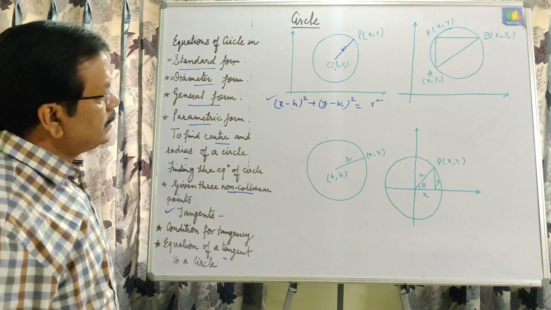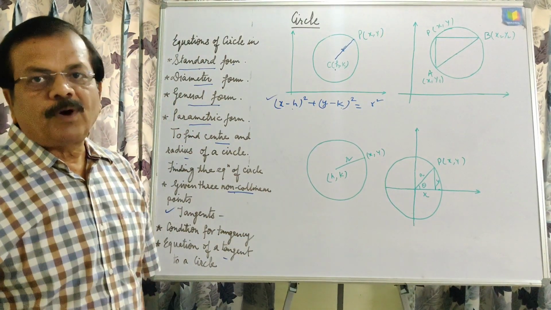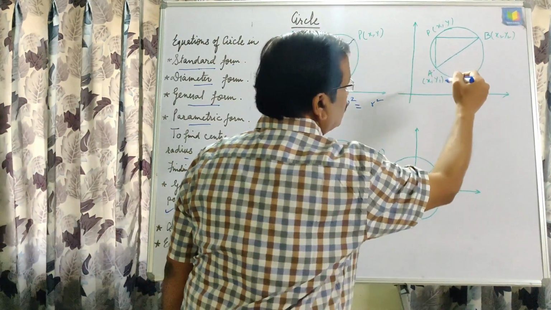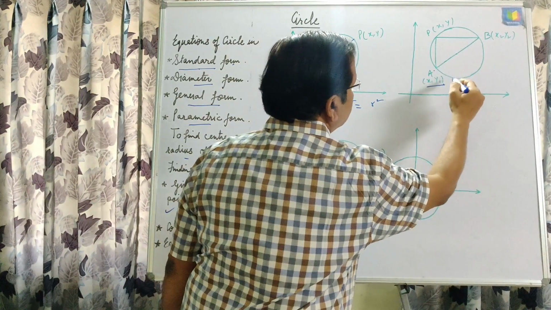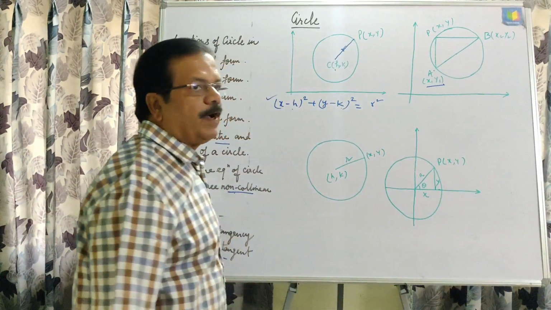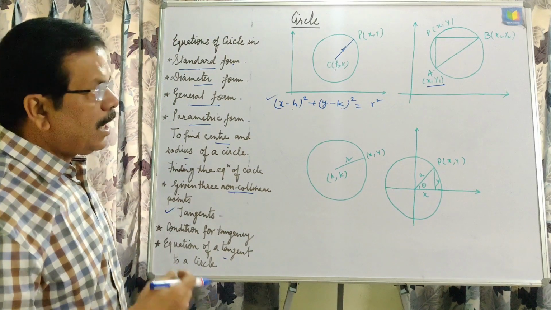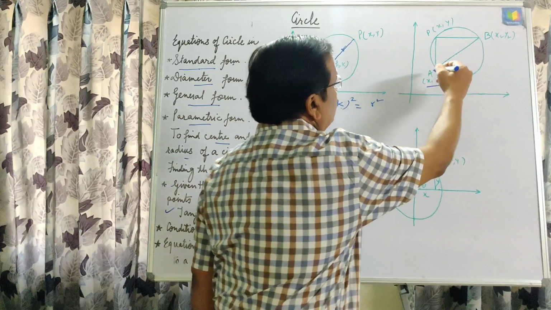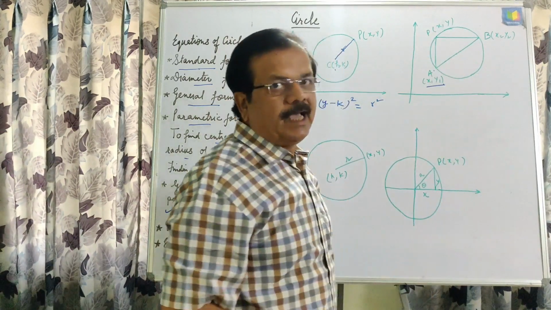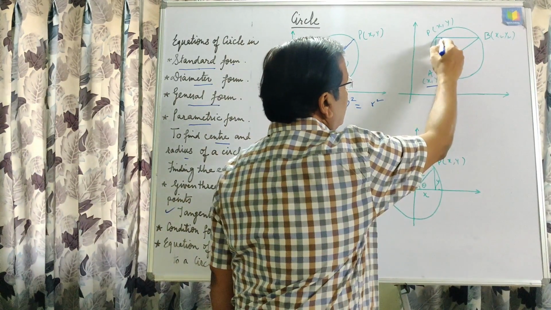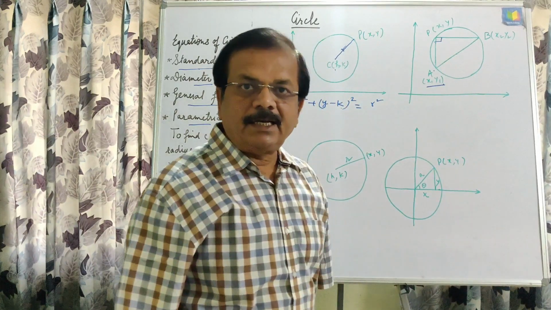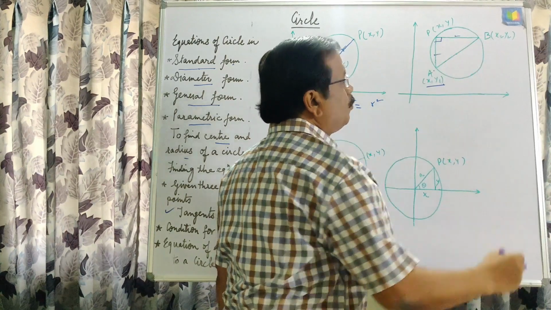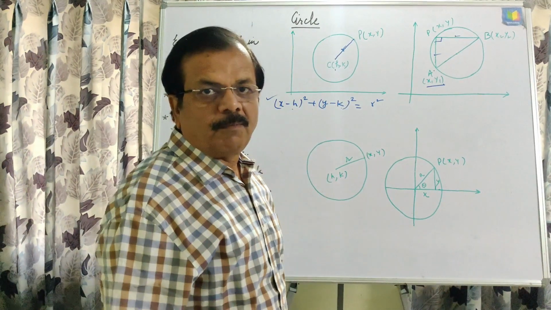If we are given the center of the circle and radius, then we can find the equation of circle by this. And next, if we are given the end points of the diameter of the circle, here AB is the diameter of this circle and end points are (x1, y1) and (x2, y2). Then how can we find the equation of circle? We know that this is the semicircle, P is any point (x, y), then obviously angle in semicircle will be 90 degree, and that is why slope of this line multiplied by slope of this line is equal to minus 1.